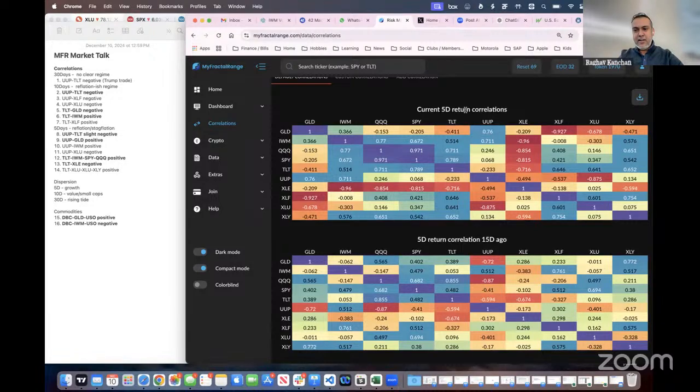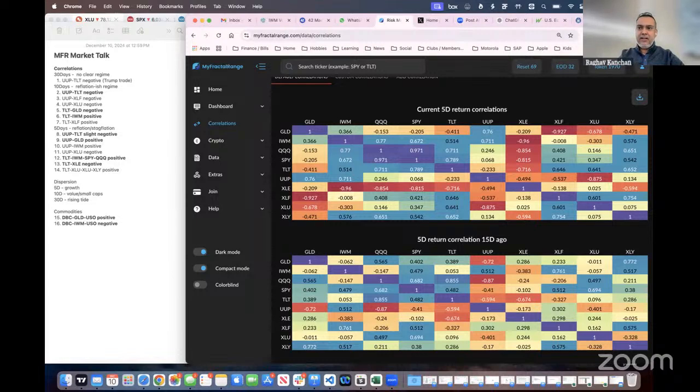So there have been a lot of moves in the last 30 days. It's been very hard to read through all the correlations and come up with a consistent methodology across all of them. What I expect is that we need to see how TLT, or basically the rates, and the dollar behave in the next few weeks, and that might help us understand where we are in the whole equity cycle.